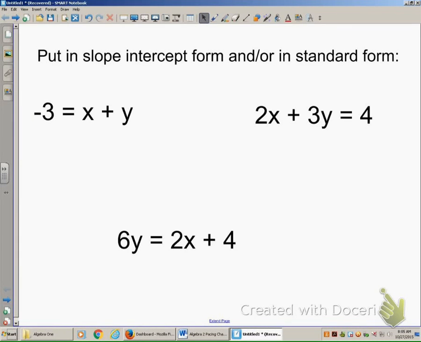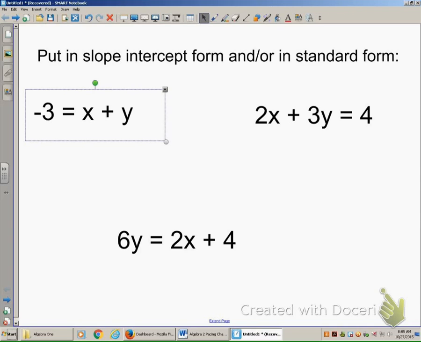So just a little review from yesterday. I asked you to put these three equations in slope-intercept form and in standard form if they're not already in standard form. So first, let's look at this top one. This negative 3 equals x plus y. Well, this is already in standard form